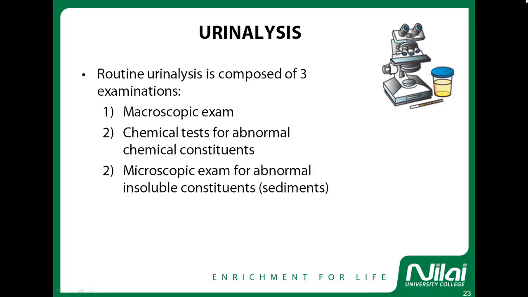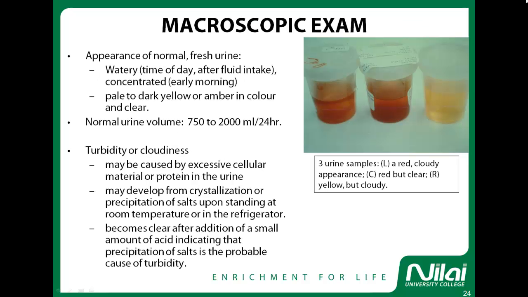Routine urinalysis is composed of 3 examinations: a macroscopic exam, a chemical test for abnormal chemical constituents, and a microscopic exam for abnormal insoluble constituents or sediment. Macroscopic exam. You can see 3 urine samples. This one is red in color but clear, and this one is yellow but cloudy. Appearance of normal fresh urine: